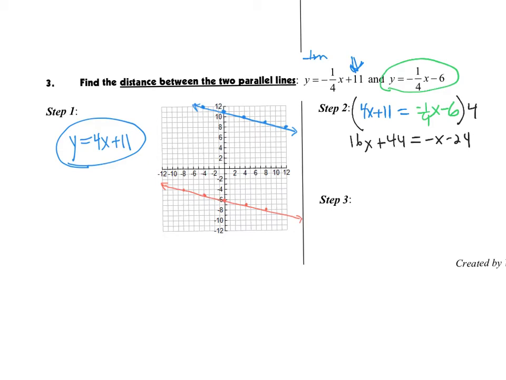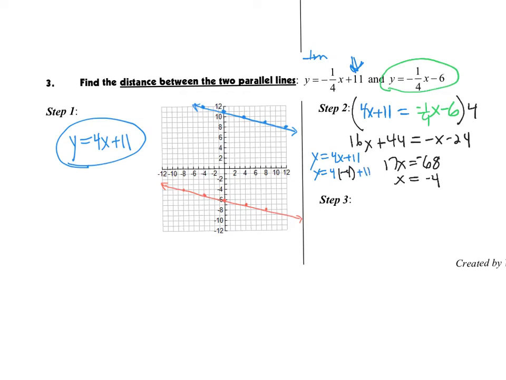And then just move all my variables to one side, all my constants to another side. And divide that out. That's going to give us x equals -4. And then we're going to go back and go to any one of these two equations and substitute in our x value to find the y value. So if I use y equals 4x plus 11, and I'm substituting in the x value that we found, which is -4,